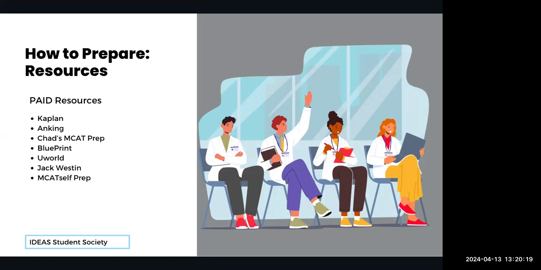Then we have Jack Westin, the JW on the other screen. If you want more from Jack Westin other than the daily free CARS passages, so this is for your critical analysis reading passages, then you need to pay. It's around $700 or more, but you get it until you get into med school. So there is no confined time like with UWorld, and these are just your question packs, which are a really important part of the MCAT: the reading and how to get through it quickly and pick out the most important things out of the passage.